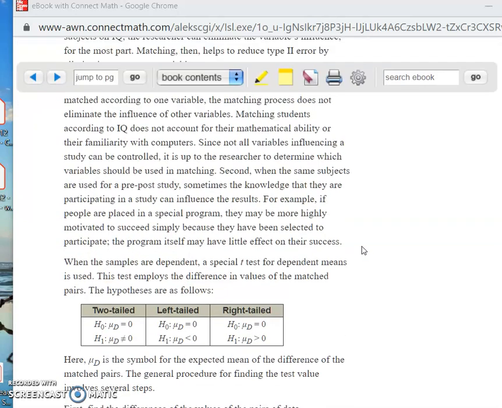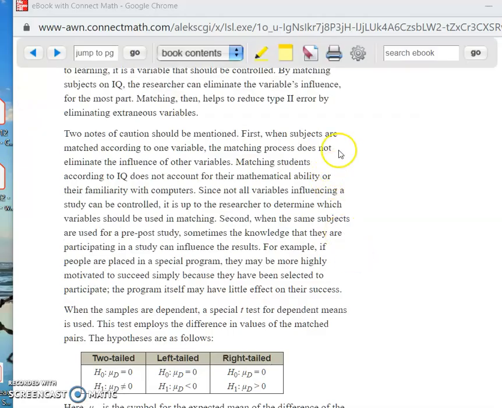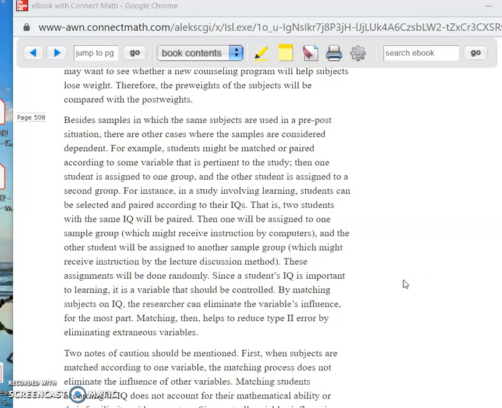Keep in mind that this is a study of matched pairs. John Doe is matched with Susie Smith. And using this example up here, students are matched or paired according to some variable that is pertinent, is relevant to the study. Then one student is assigned to one group and the other student is assigned to a second group. So John Doe is matched with Susie Smith, and they're paired according to their IQs, or maybe their